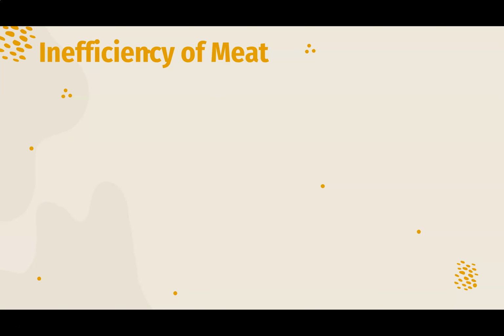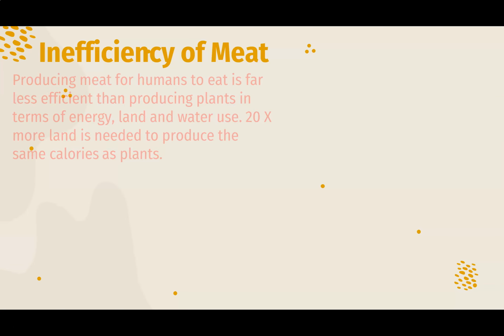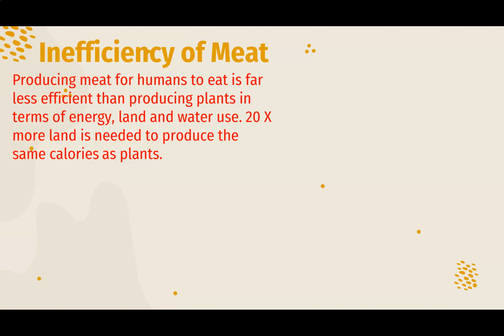Meat inefficiency. You're like, what does that mean? Again, another theme that we're going to start discussing now, which is going to carry on for multiple chapters here. Producing meat for us to eat, it's yummy. Everyone's like, it's got so much protein, it's got this, it's got that, it's so great. But the problem is, in order to grow one cow, it requires a ridiculous amount of land and a ridiculous amount of water. Because remember, these animals have to drink, and these animals may live for many years before they become a hamburger. So about 20 times the amount of land is needed to produce the same amount of calories